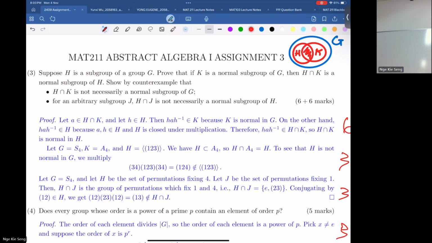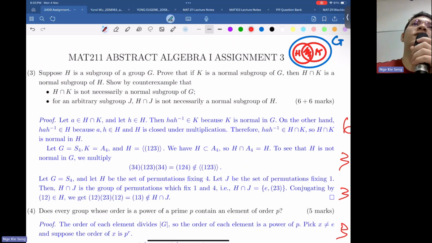How about the second one? The second one says that if you remove the normality of K, do you still get this normal subgroup property or not? I mean, quite obvious, maybe it's no, right? So what do you do? I think most of you gave a very simple example. You just take G, H to be G, and then just take a non-normal subgroup and intersect with your group. But in here, you can also check that these two non-trivial subgroups intersect to get a non-trivial normal group.